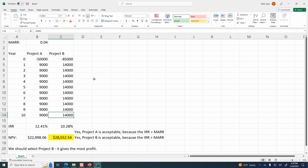Okay, so the key points, just to reiterate. Number one, the correct use of internal rate of return is for initial screening. Both of these are acceptable. Our criteria says that the minimum should be 4%. So they both exceed the minimum. But what we can't use the internal rate of return for is selecting the best alternative. We have to either use net present value analysis or